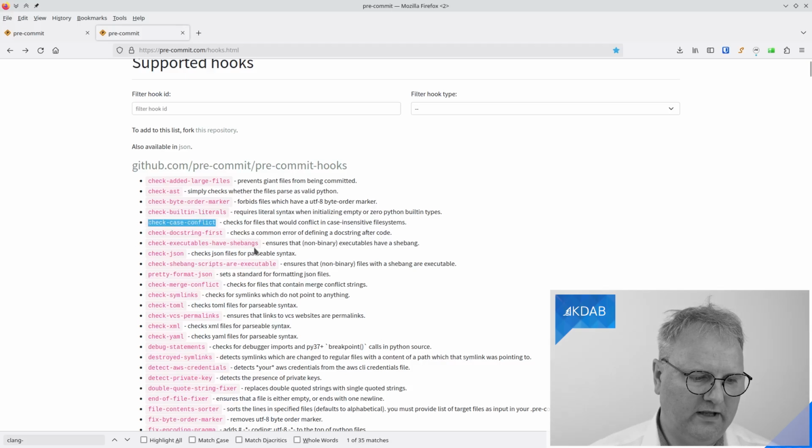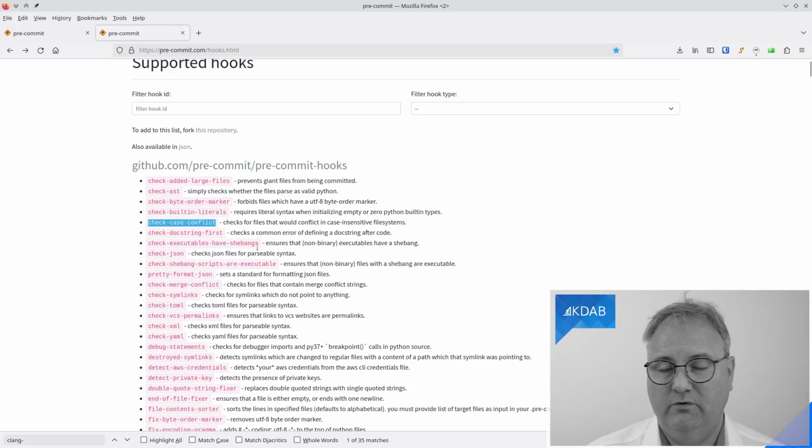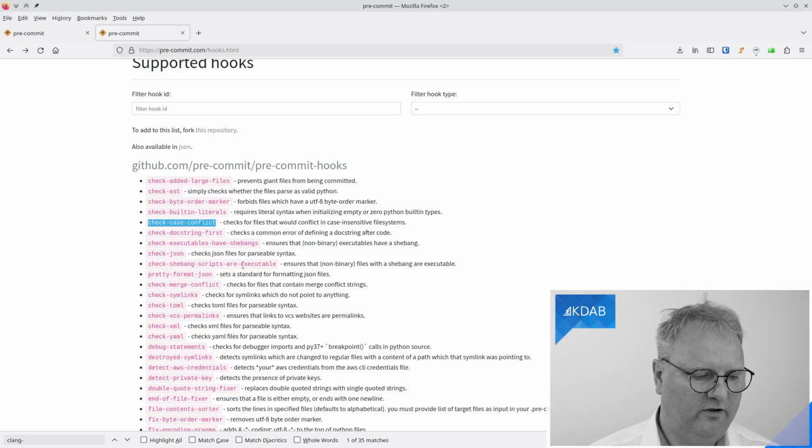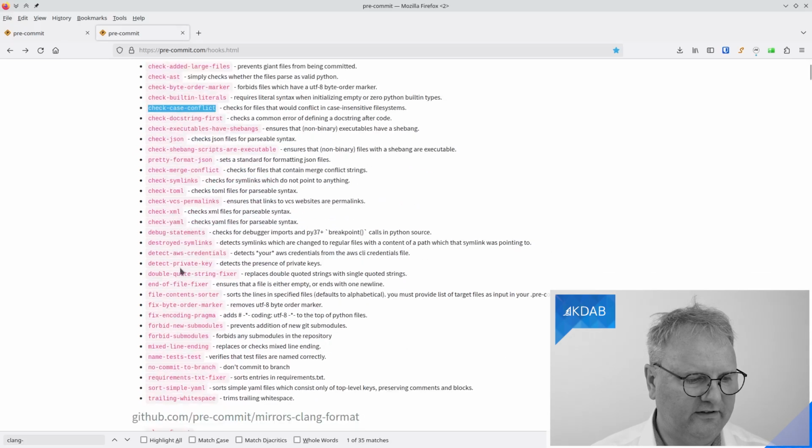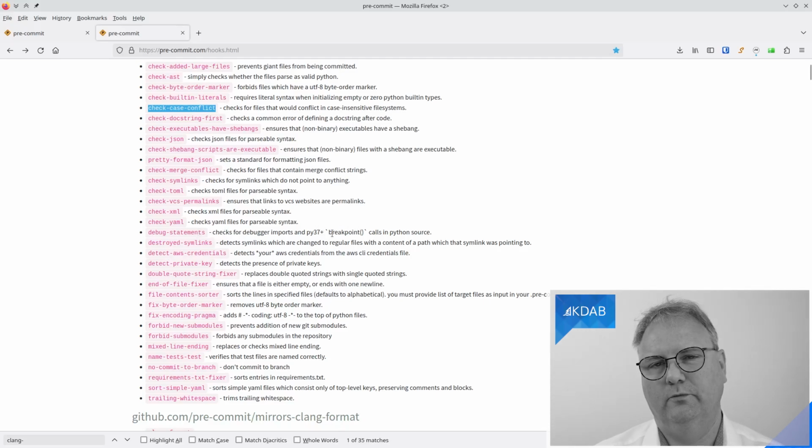Check executables have shebangs. So you might have added some executable but forgot to add the shebang, and there's also check shebang scripts are executable. I've actually had a few commits where I forgot to make them executable, and somehow that hit other people. And there is, as you can see, quite a few different debug statements. Well, that's for Python, so that's not going to help you.